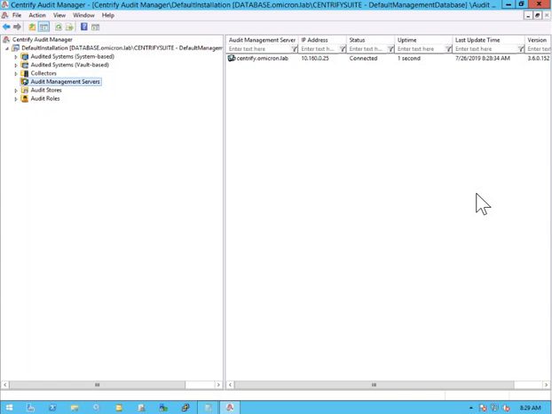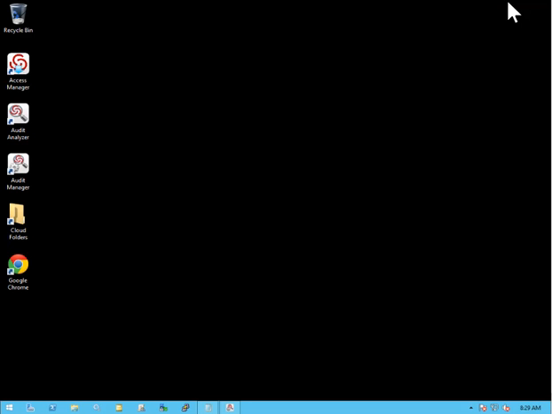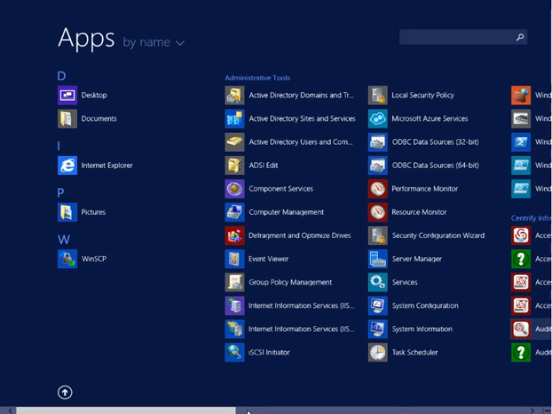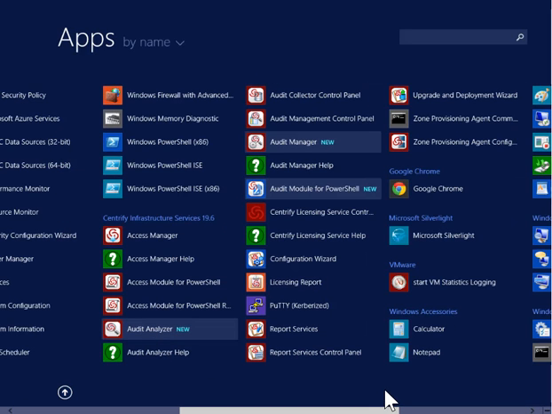In this technical demonstration, we're going to go back through another quick review of the licensing service to ensure that the licensing service includes both our direct control and direct audit licensing. So from here, I'm going to go ahead and just minimize the audit manager. I'm going to launch my start menu, and we're going to go over to the licensing configuration